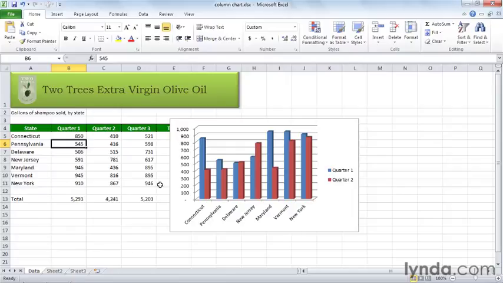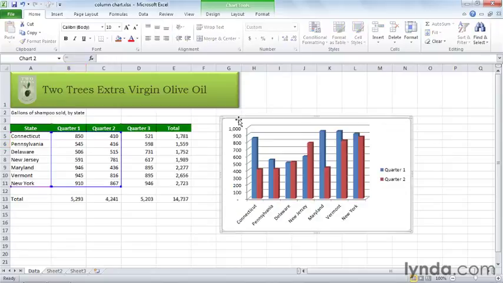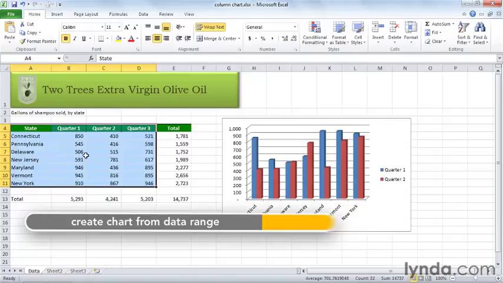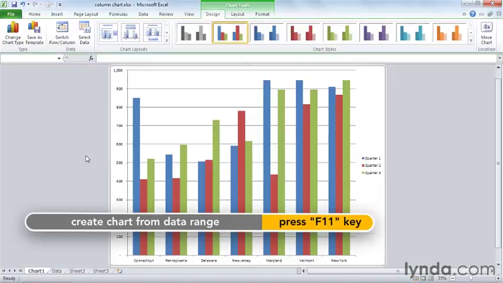I want to show you one other way that you can very quickly insert a column chart. I'll just move this chart out of the way here. Let's select the same cells as we did before. Again, we're selecting the column headers, we're selecting the state data, we are not selecting the total column, we're not selecting the total row. Once you have those cells selected, just press the F11 key on your keyboard